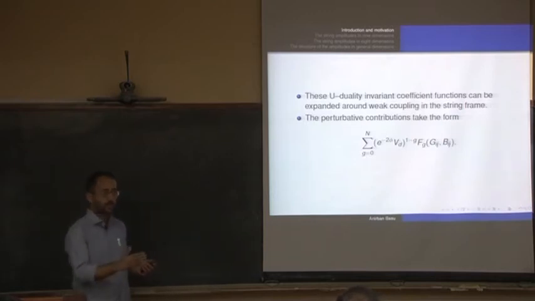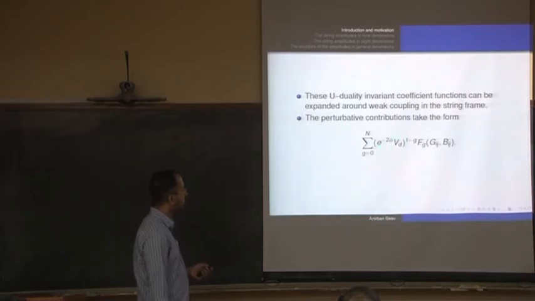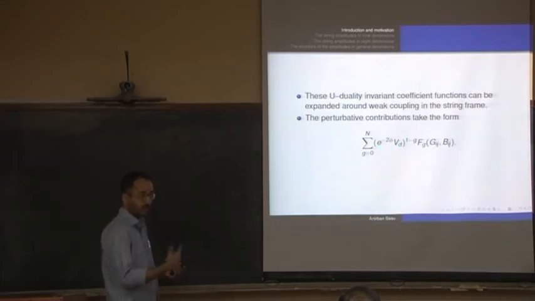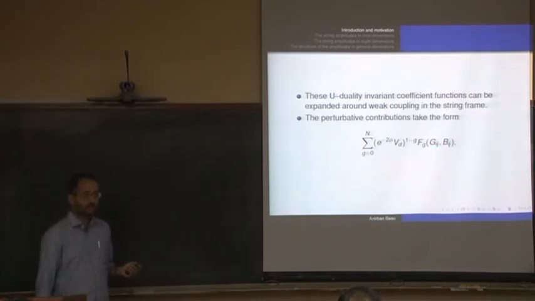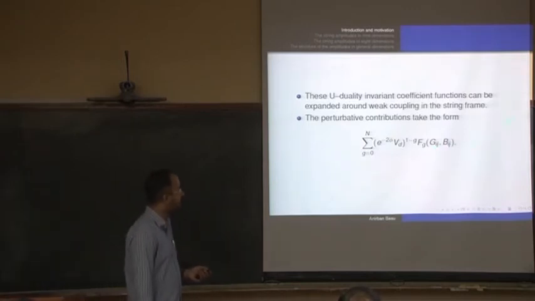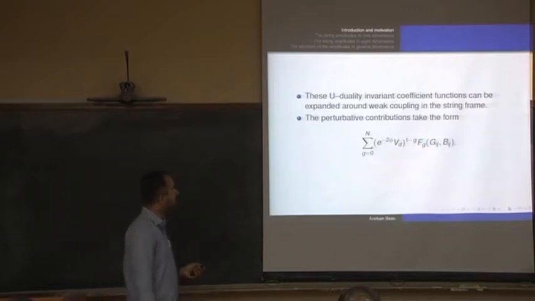So the non-compact dimensions are 10 minus d. This is the T-duality invariant dilaton in d dimensions on T^d. And this is the only other moduli dependence, the perturbative moduli dependence. This depends on the metric moduli and the moduli coming from the NSNS two-form. All of the non-trivial moduli dependence comes in the non-perturbative parts. So, for example, g equals 0 is genus 0, tree level, and so on. So the main question is, this is of course universally fixed. Can we fix the rest for this kind of coefficient?